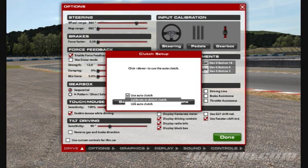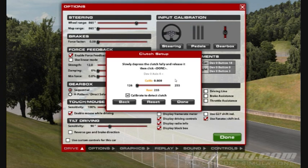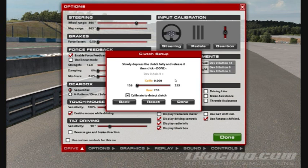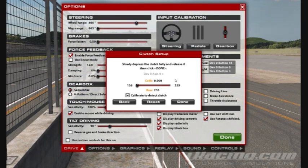So I'm not going to use auto clutch because I want to calibrate my clutch pedal, and this is also a setting that you can choose what you want. I only press it down a few centimeters because I want to move my foot just a little bit when I change gear, if I'm using manual gearbox or so, which we're not going to use in this demonstration. I'm just letting you know, if you want to use the clutch when getting off the line, starting the race, you might want to have a large travel on the pedal, so that is what you do then. You press it further down, so it could be easier to adjust the amount of power you are distributing to the wheels through the clutch. So done,